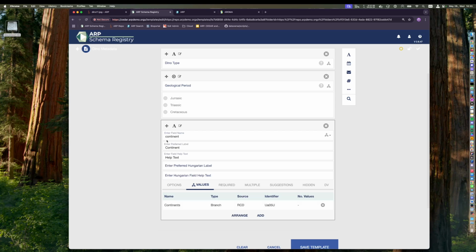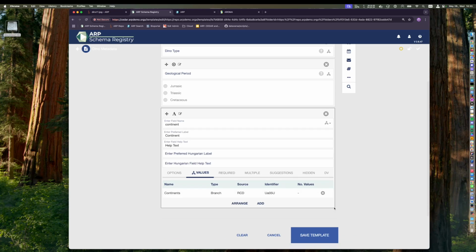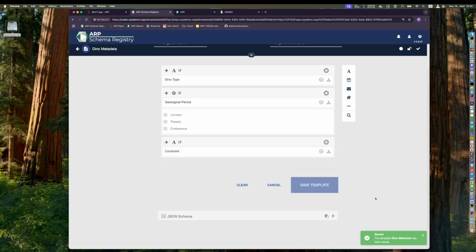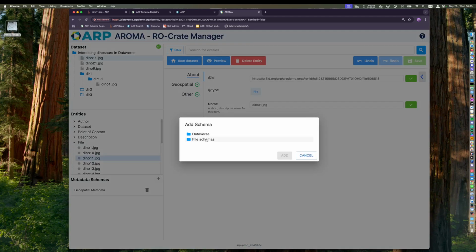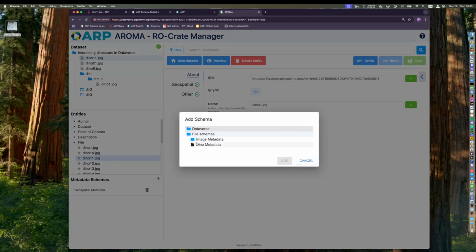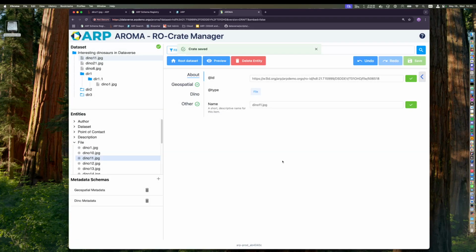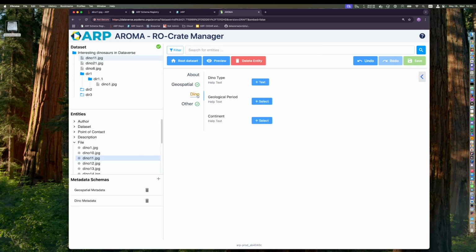So what we did here is we defined a field which will provide values from a predefined ontology or a branch of this ontology. So I can just now save it and go back to AROMA to actually use our Dino metadata schema. So here I am in AROMA. Add the metadata schema. I can browse the CEDAR schemas just created before. I select the Dino metadata, and boom, we have this new tab here,